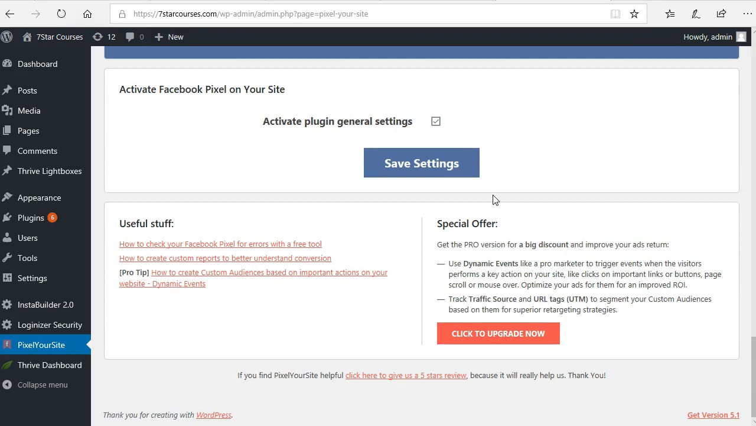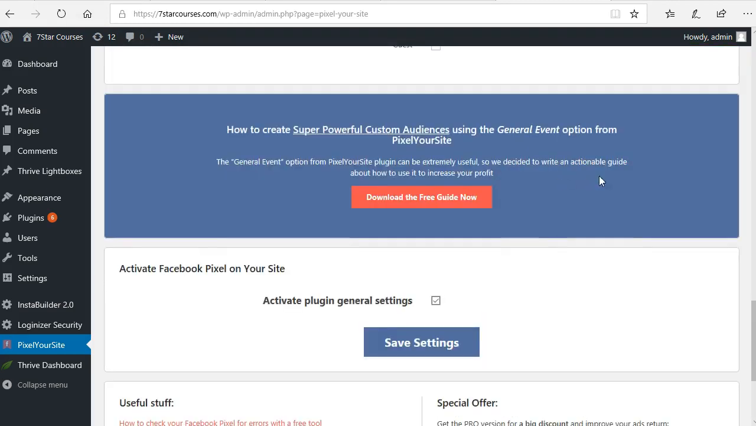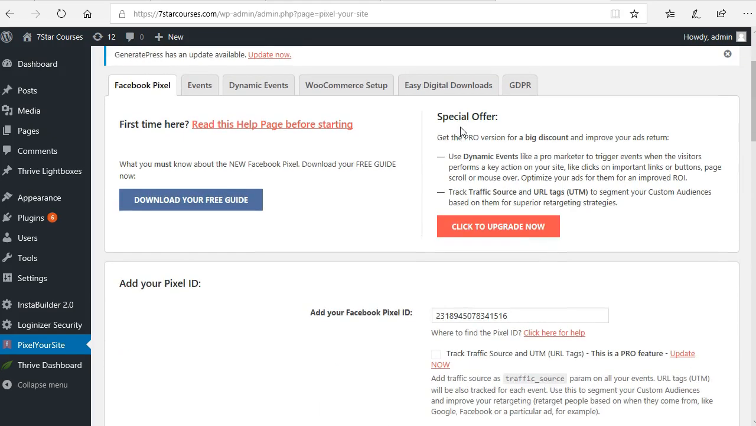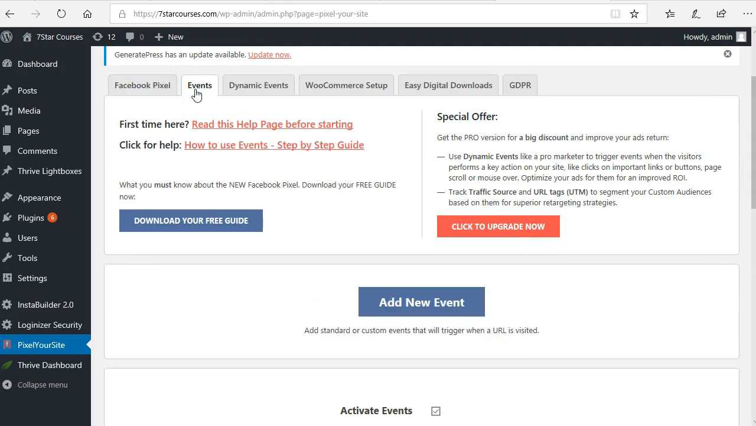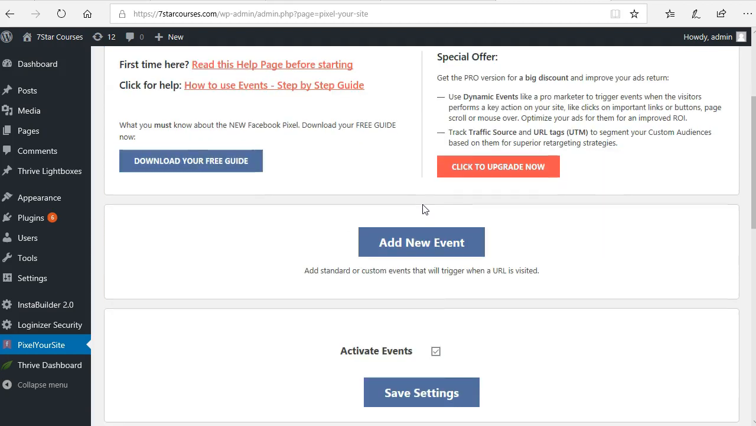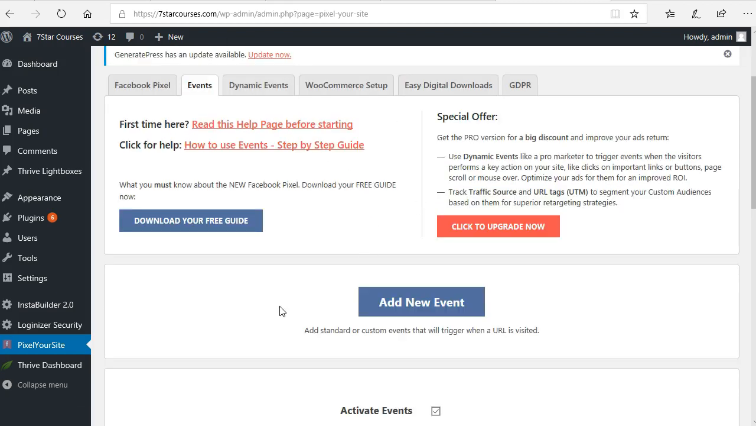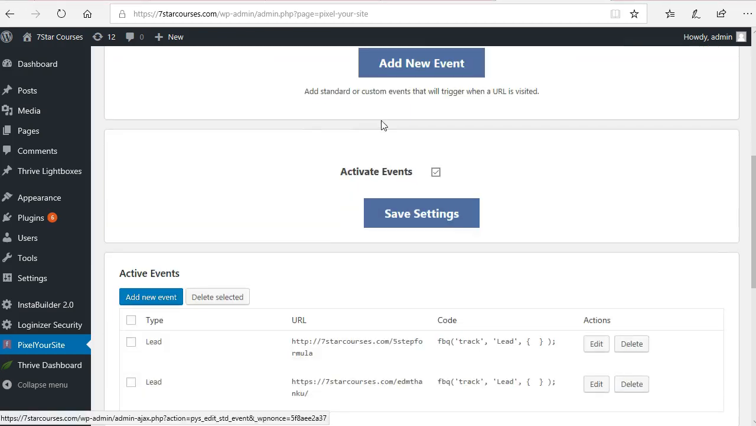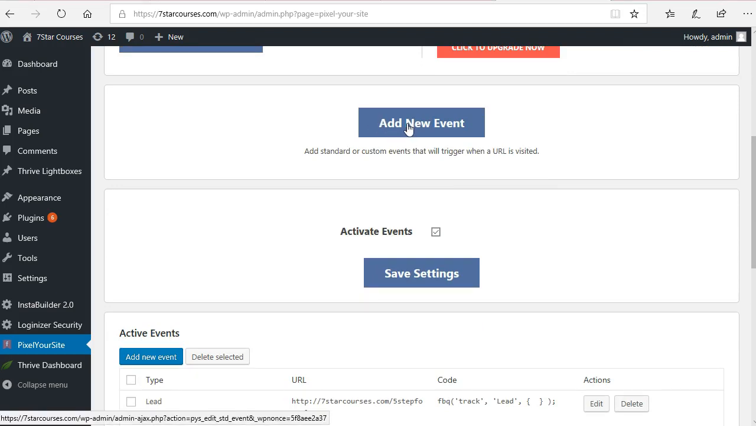So the next step is, if you now want to use this Pixel Your Site for tracking, for conversion tracking, at that point you will have to come to under events. Under events, you can actually use this same pixel to track some events. For instance, let's say you want to use this Facebook pixel to track sign-ups or registrations or stuff like that. You can just come over here and click on add new event,